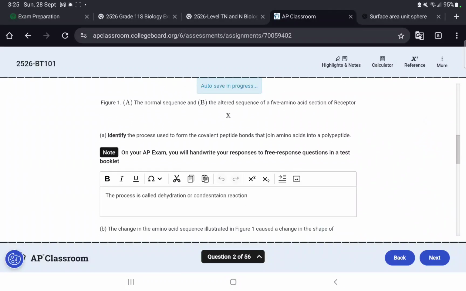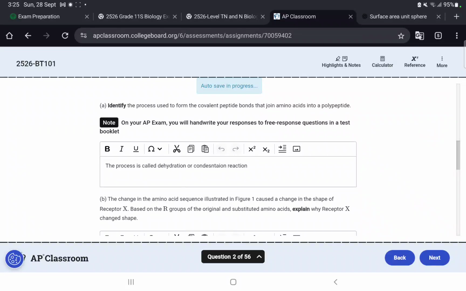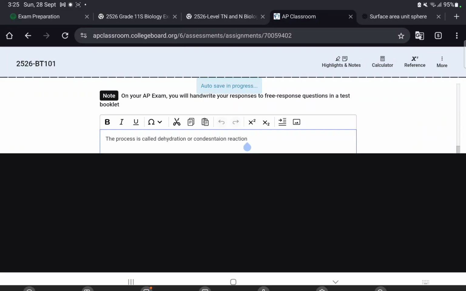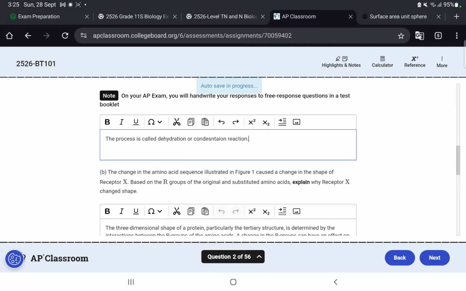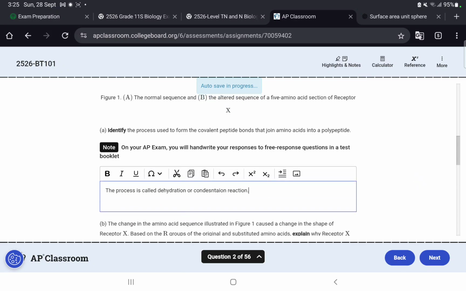So identify the process used to form the covalent peptide bonds. It's a dehydration reaction. I was too lazy to write a huge, big sentence. You can write the process that is used to form covalent peptide bonds that join amino acids together into polypeptides